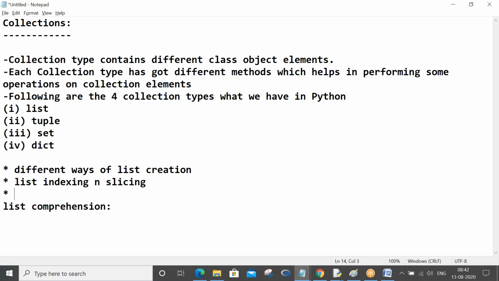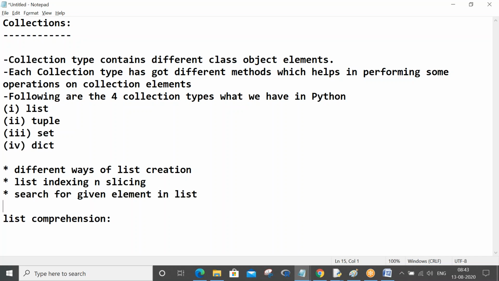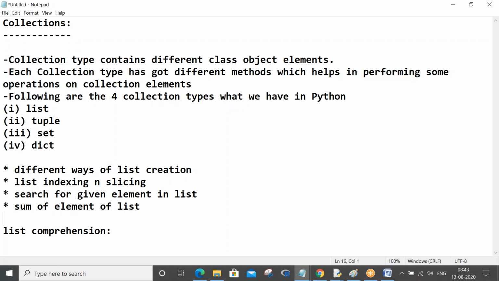Search for a given element in a list, sum of elements of a list, nested lists, right? And list methods is what we have seen. And now the last one is list comprehension.